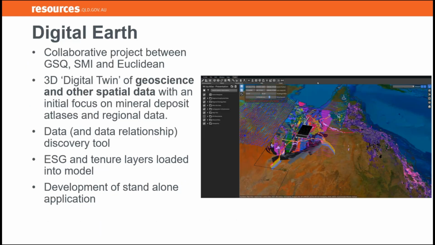Now, I know Mark did touch on the Digital Earth program. It's obviously a collaborative project between GSQ, SMI, and Euclidean. Building a 3D digital twin, and I just wanted to touch on Trevor's point that it started to be a digital twin of geoscience data, and it was very important. It wasn't a digital twin of like a common Earth model,